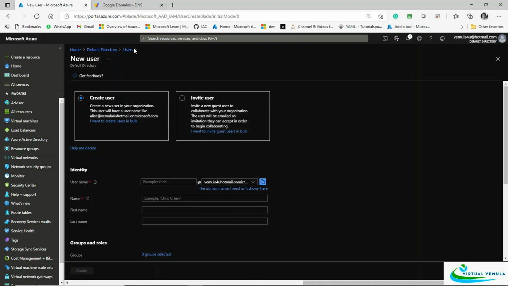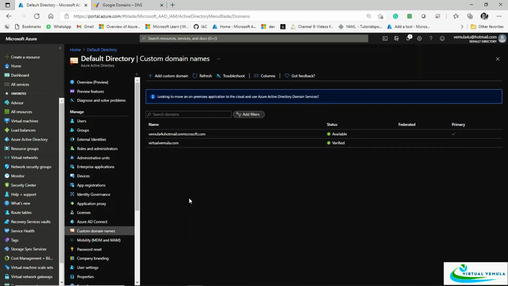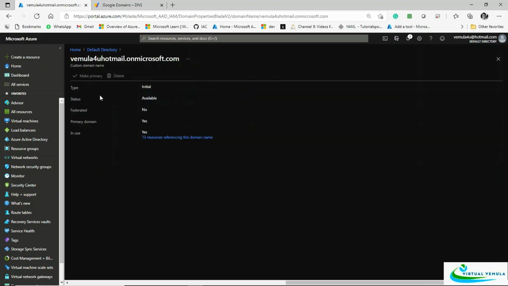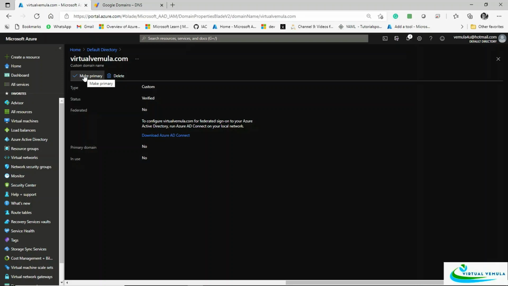Now the other thing you can do is set this custom domain as the primary domain. Right now, this one is not listed as primary domain because the make primary option is enabled. By default, the primary domain is the one on Microsoft.com. I want to switch, or rather, I want to make this the primary domain.